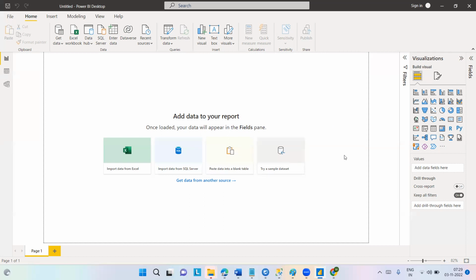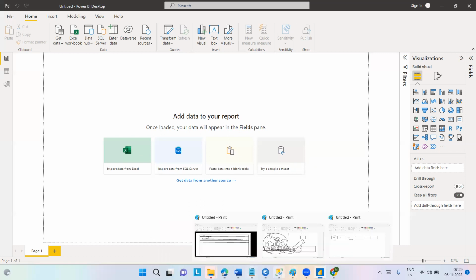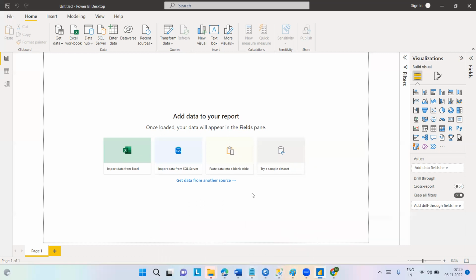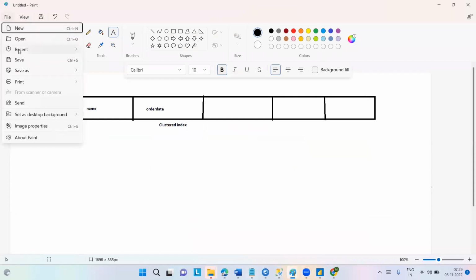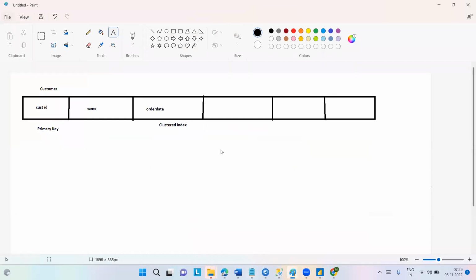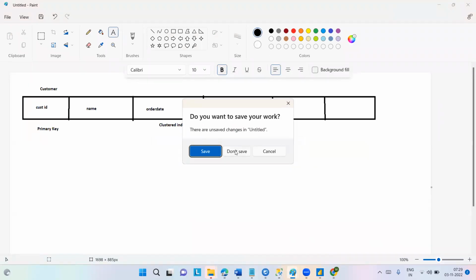So that means we need to publish these reports. Once the development is done, then we need to publish these reports. There is an option here, right? You can see this will be enabled. Okay, this we can publish the reports in the service. This is called Power BI service. So basically what happened,